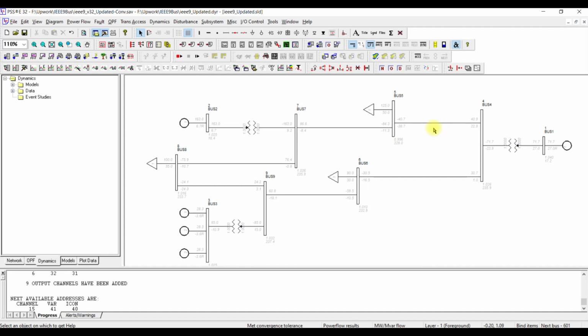For this purpose, I'm going to initiate a 3-phase fault on bus number 4. For the first analysis, the fault is going to continue for 100 millisecond, and in the second simulation the fault will continue for 200 millisecond, and after the clearance of the fault we will trip the line between bus